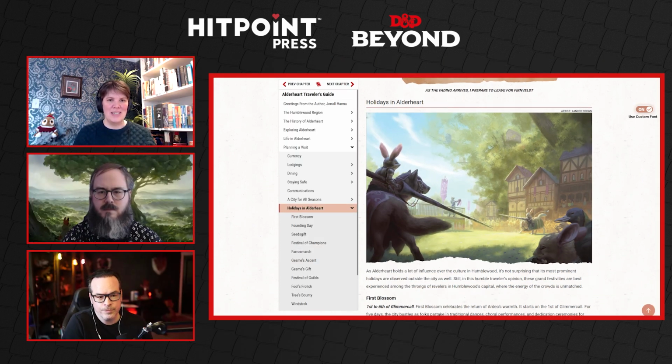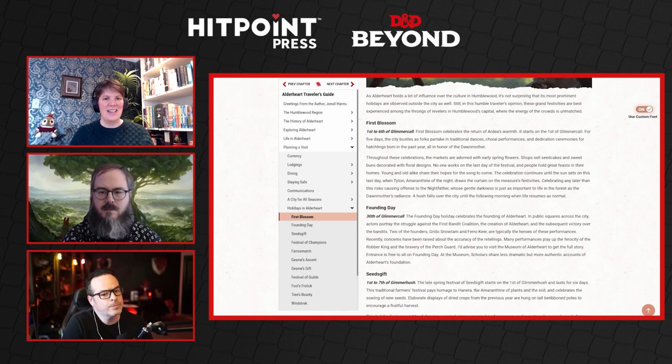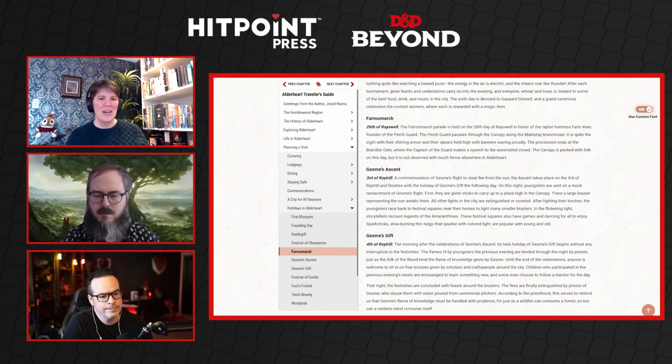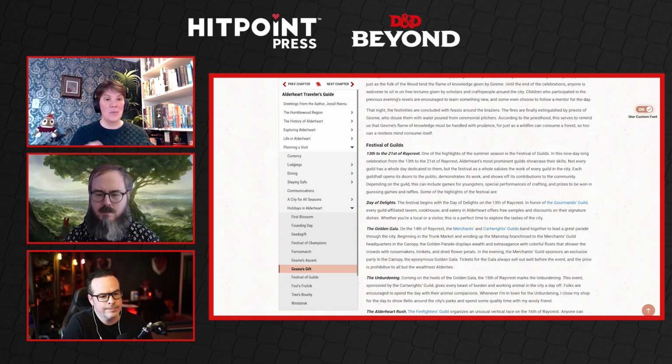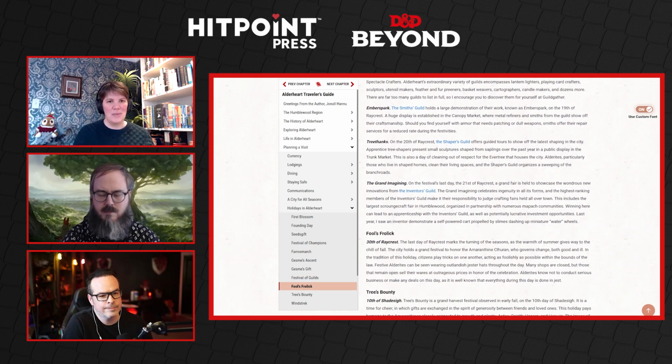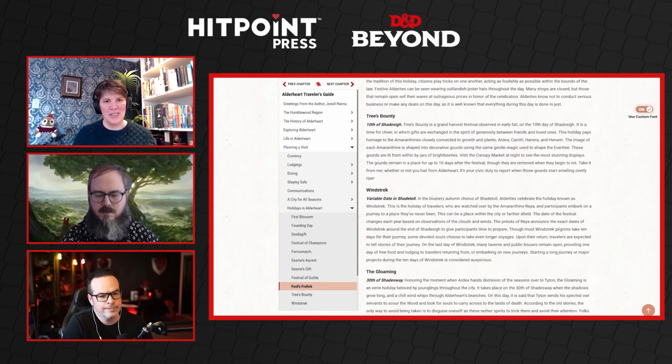And I think my favorite part of the guide is the section on the festivals. So we have the whole calendar, and then we have all of these festivals, which are often linked with different guilds, which are also explained in the guide. And we really tried to set them up in a way that it's not just, here's this cool festival, but a GM can read it and go, oh, I can imagine how I can integrate this into my game, and have a series of encounters, like what happens if this goes wrong, or there's some kind of challenge within the festival that the players can get involved in. Or a player can read it and be like, oh yeah, I understand a little bit more about this world and what is important to these people who live here.